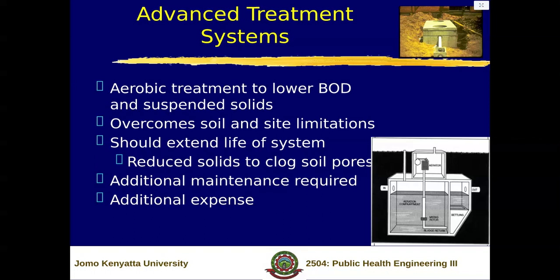So this is the whole thing about what you're trying to do here, a stabilization of the organic matter. And so oxygen injected or introduced into the wastewater enhances the microbial action. And therefore, by the time we are discharging this wastewater, we have indeed